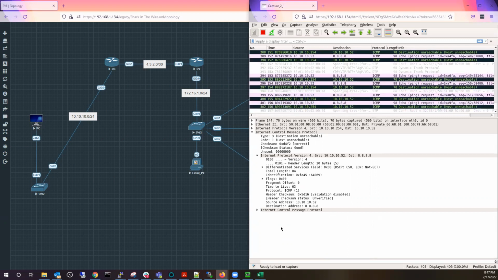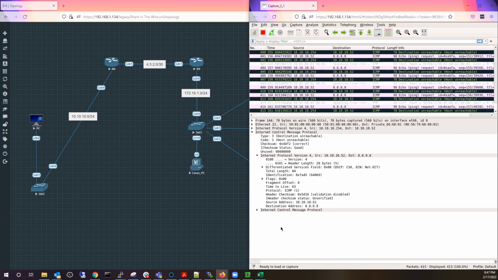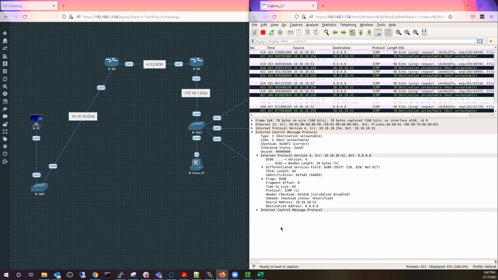We're able to see the source address, the destination address,